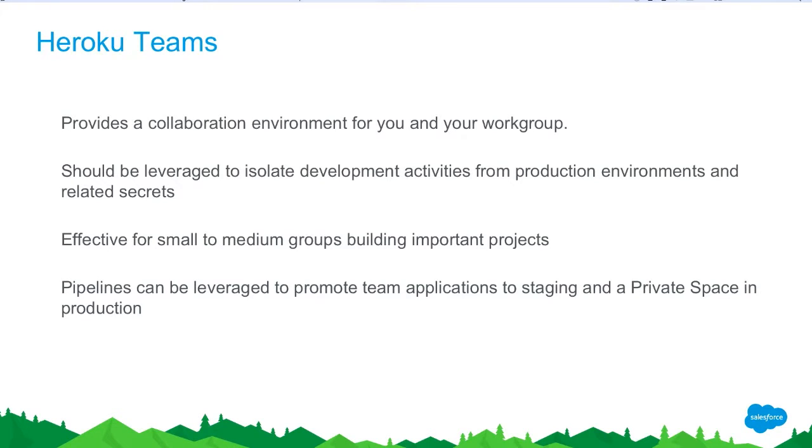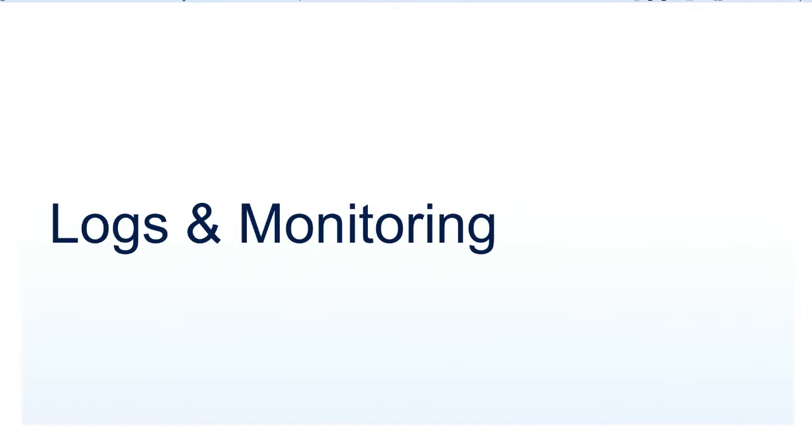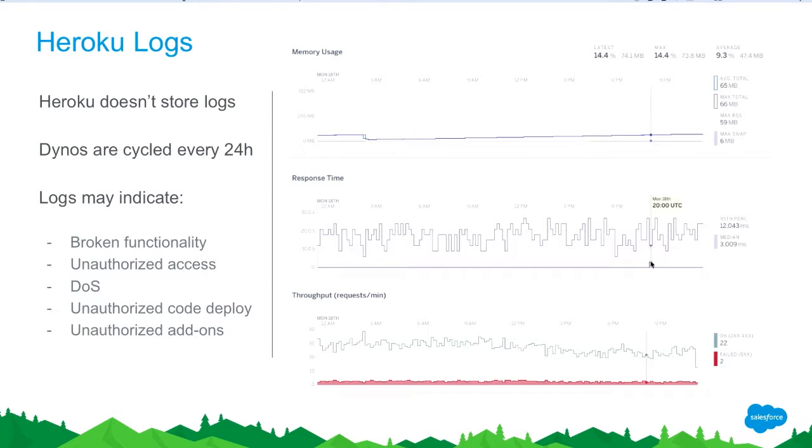Yeah. So now that we've taken a look at the roles and what permissions are associated with different roles, let's take a look at the logs and monitoring. So when you have your application running in production, the application itself is executing in a Dyno, and a Dyno is a small environment that gets cycled every 24 hours. It's a small Linux container. What happens as a result is that you have to design your apps to be working in such an ephemeral environment, and the logs that your application produces need to be also